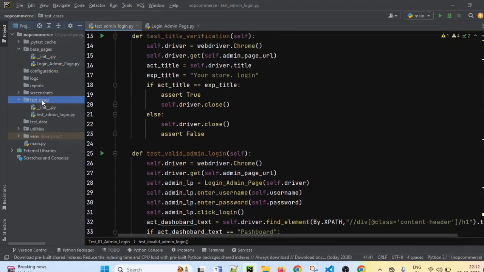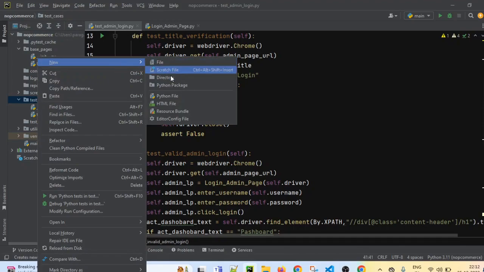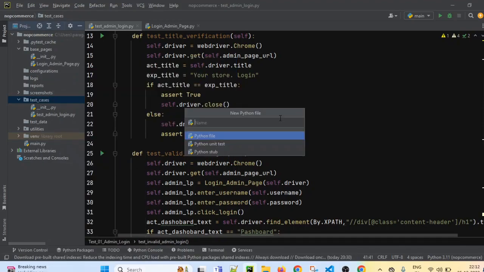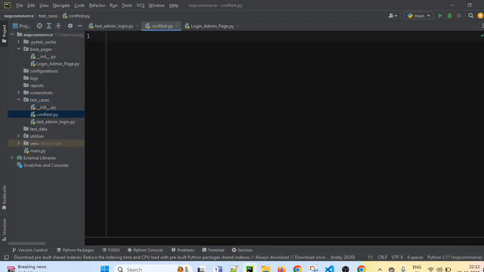How to create the pytest fixtures: in the test cases folder, create a new Python file. I am going to name it conf_test.py. In this file, I will just import pytest, and I will create one pytest fixture.